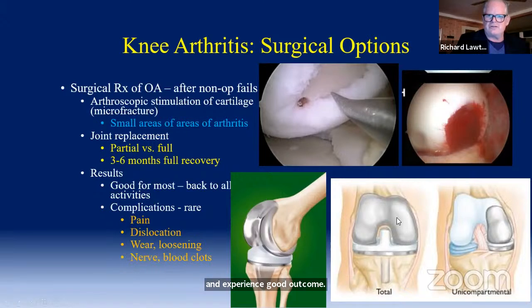This is an illustration of the difference between a full knee replacement and a partial. If you have arthritis just on the inner part of